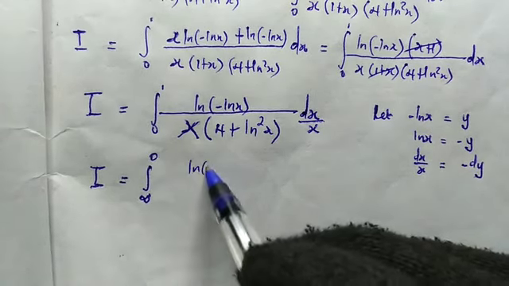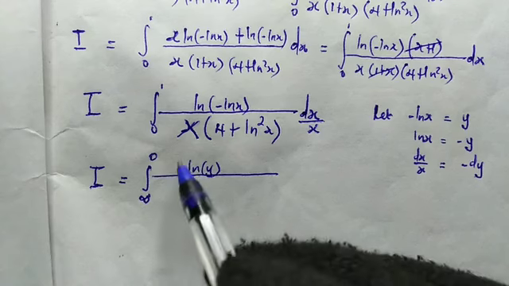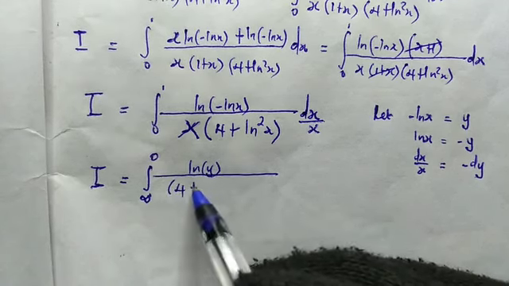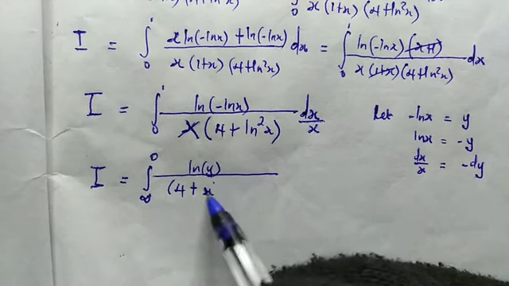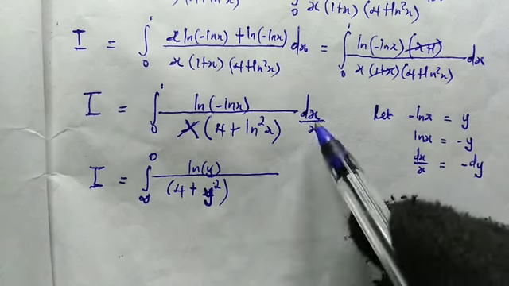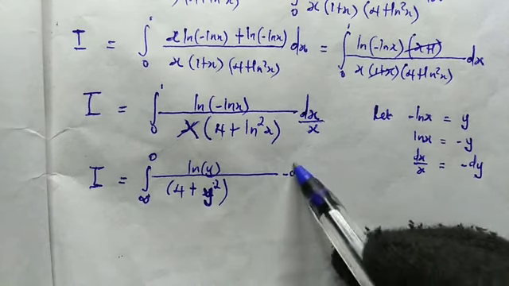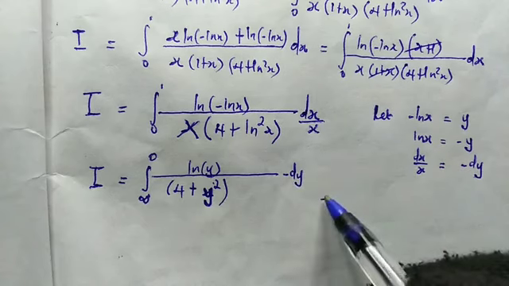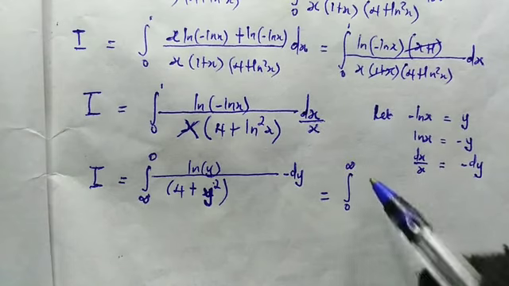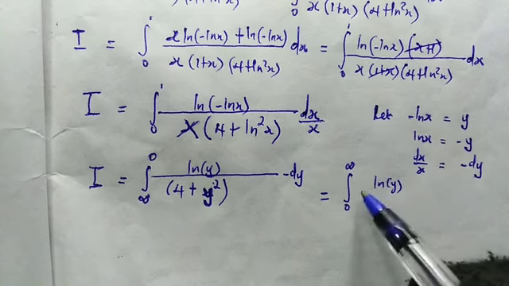And here we have the natural log of y, then all over 4 plus y squared. Then here we have the dx over x, which is negative dy, right? And from here, with this negative sign, we can switch the limits to from 0 to infinity, the natural log of y, then